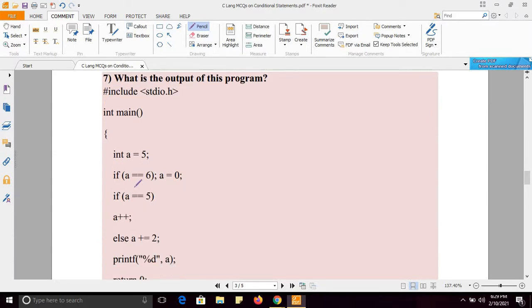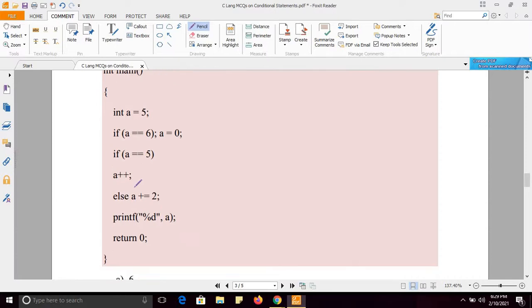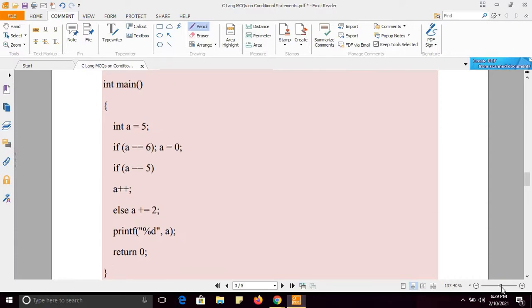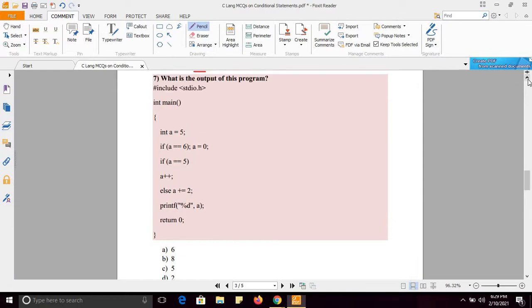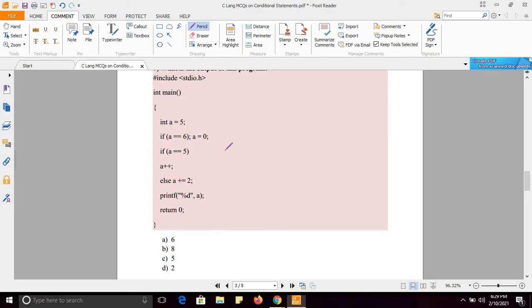Next. What is the output of this code? What is the output? Int a equals to 5. If a equals to 6. Look at the code and find the output. What do you think?